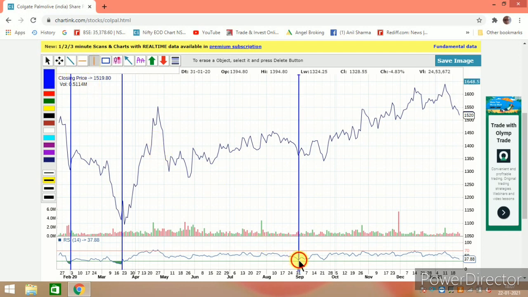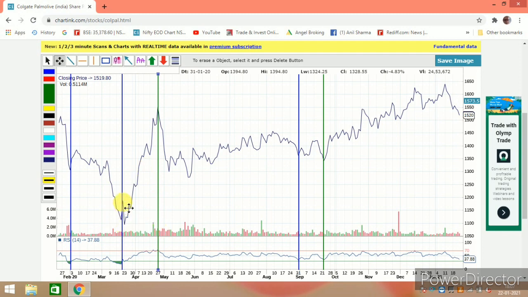So I am putting it here, and then in Colgate it had given a buy signal here. Are you noticing it, friends? You know what is actually happening here? It has given a buy signal and it is continuing. As per our understanding, we had said that the moment this comes below this, we should sell it. Now in this case it has just come here and we have sold it.